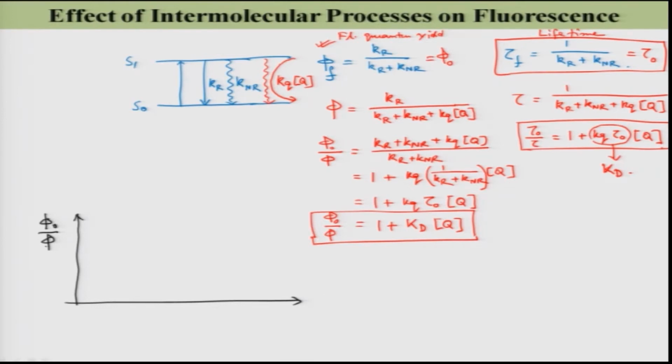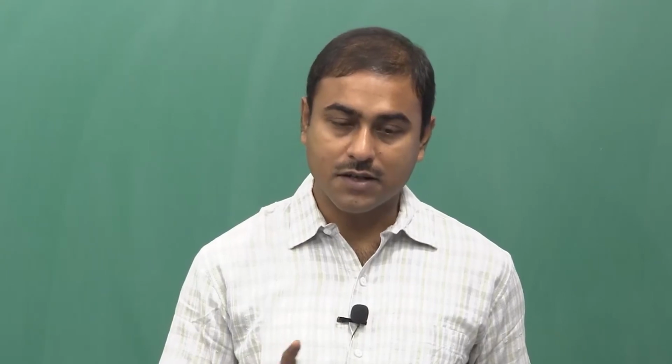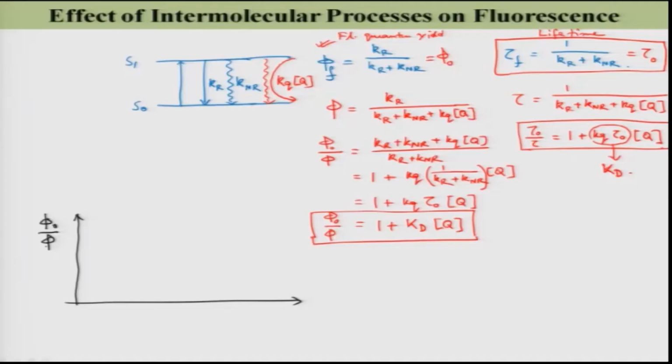Because under the constant excitation light intensity, this is the same as I 0 by I, that I was telling you just a few minutes back. So, if I plot, this plot will start from 1 and you will get different values as a function of q,